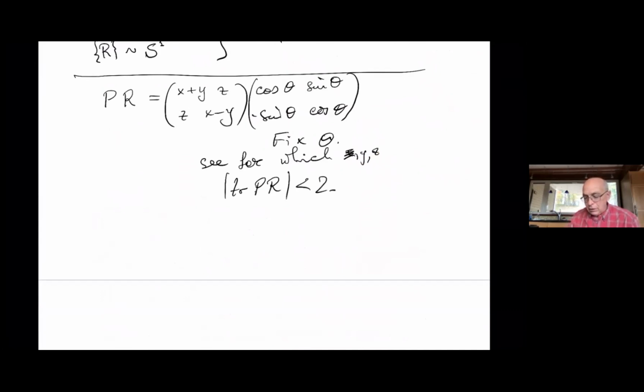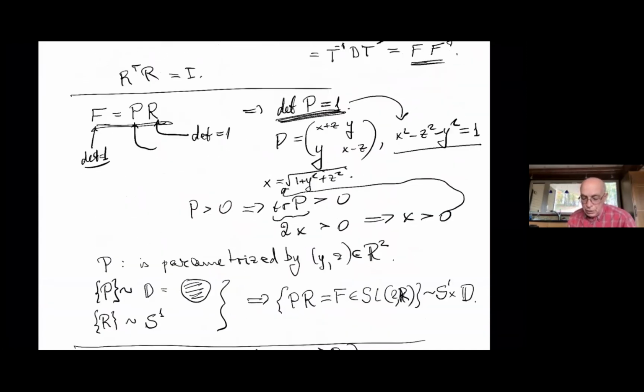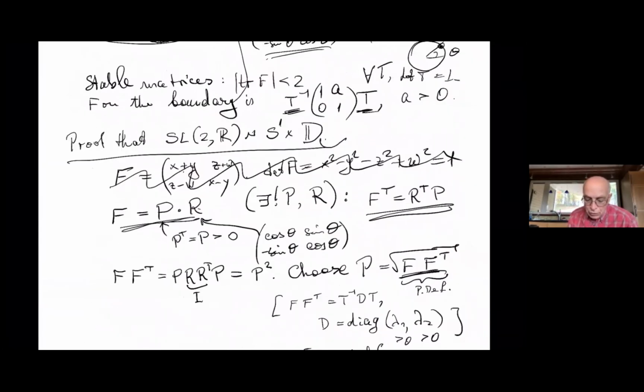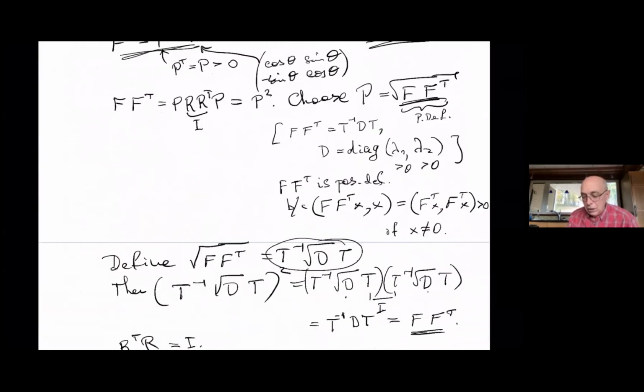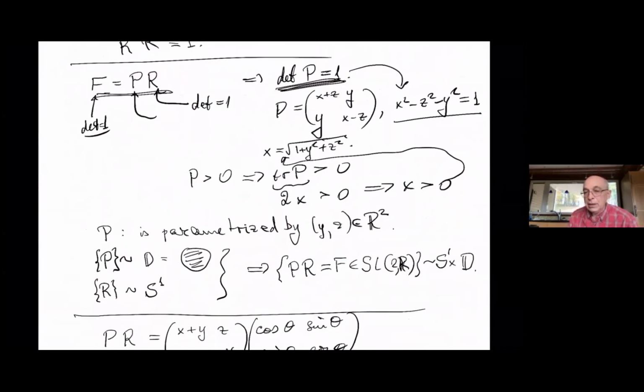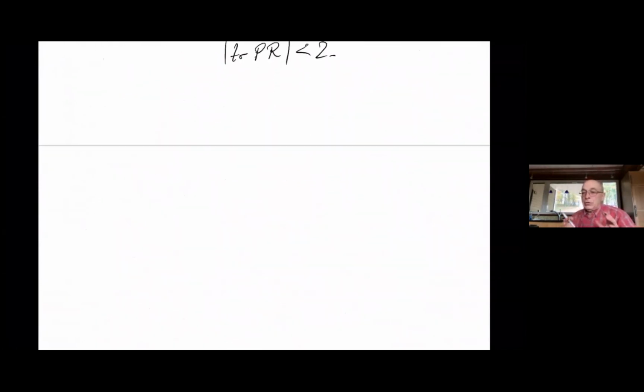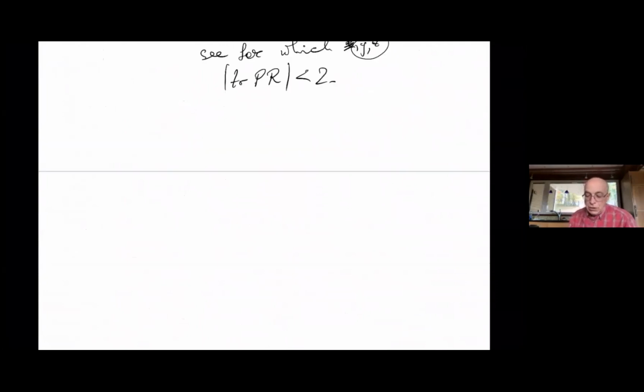It turns out that as theta increases, the range of y and z, kind of a circle that y and z describe, shrinks. Actually, let's see, it opens. As you travel starting from identity, it opens. If you start with identity, it's easy to perturb identity to violate stability. But if the matrix, it turns out,